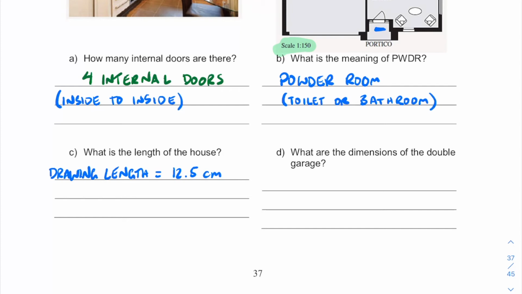We need to know the actual length, so off my measurements, now just a reminder that these examples have come from the Cambridge textbook, so their measurements might be slightly different as I have taken those pictures out. So be aware of that, and the most important part is that the process is there. Okay, so 12.5, and we're going to times it by our scale, which is that 150. Okay, and that's going to get me